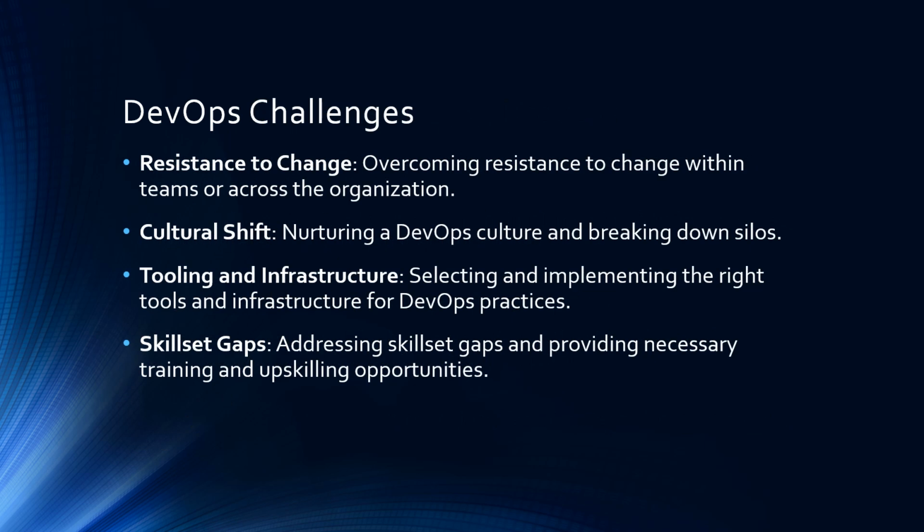Implementing DevOps comes with significant challenges that organizations must address proactively. Understanding these challenges helps teams prepare for and overcome them effectively. Resistance to change often presents the first major hurdle. This resistance can come from various sources: developers comfortable with existing practices, operations teams concerned about maintaining stability, or managers worried about short-term productivity impacts.